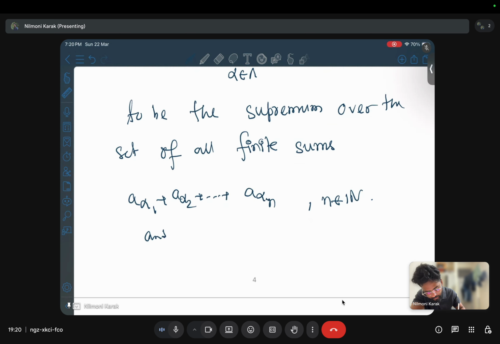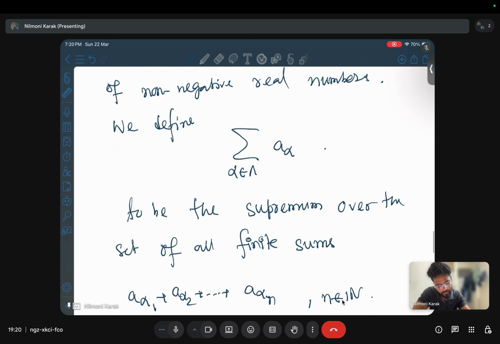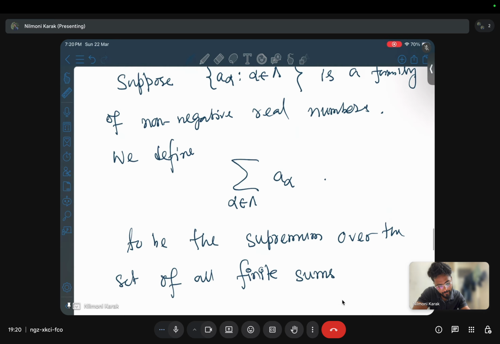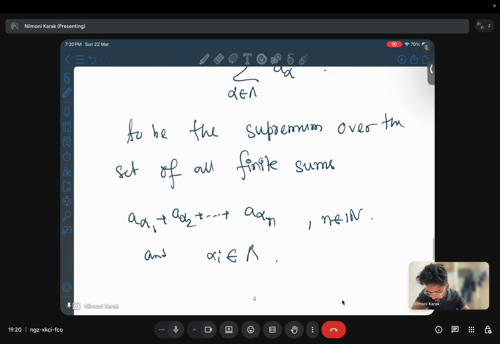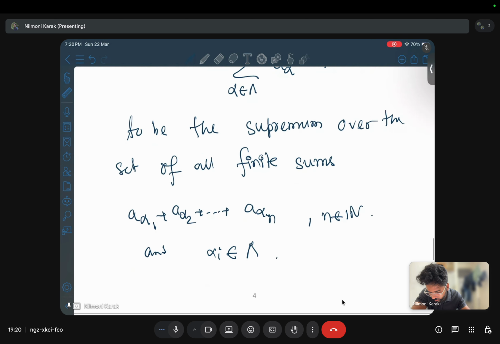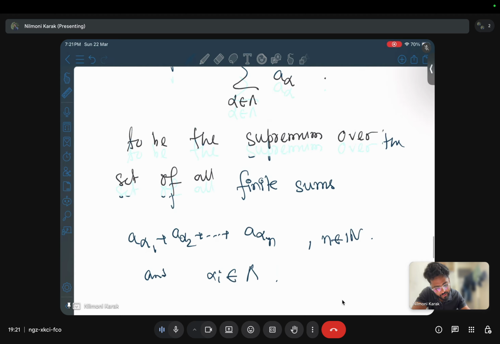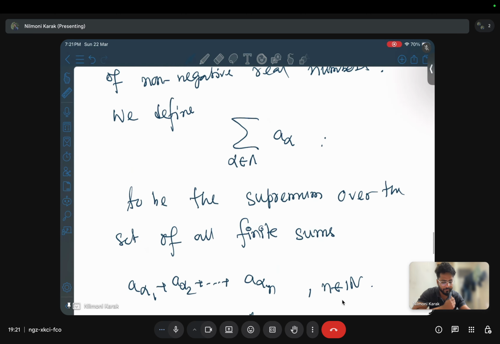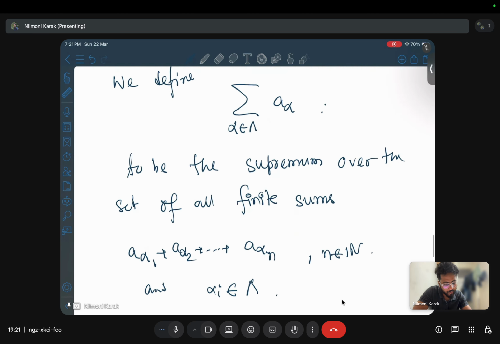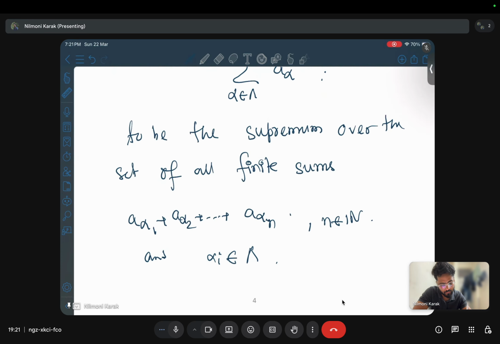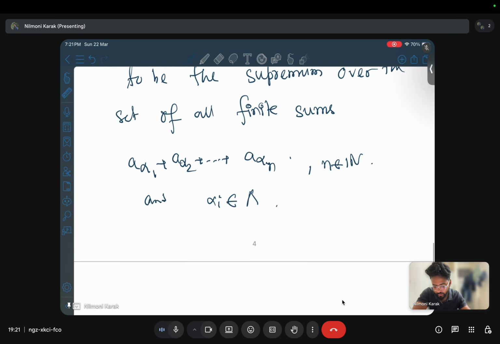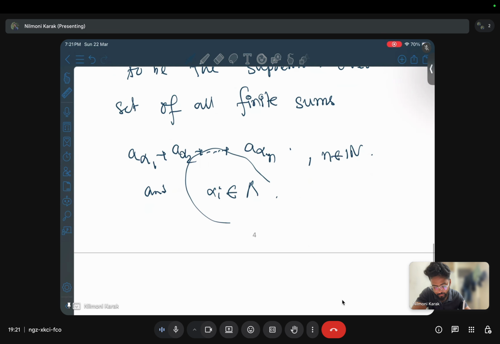And your alpha i comes from lambda. Okay, so we define this as the supremum over the set of all finite sums like this. Finite sums A alpha 1, A alpha 2, up to A alpha n, and this is arbitrary. Okay,